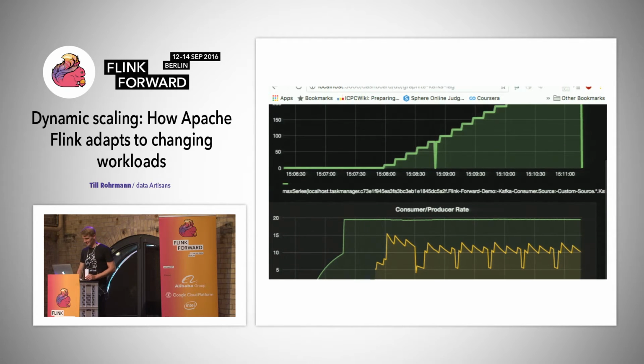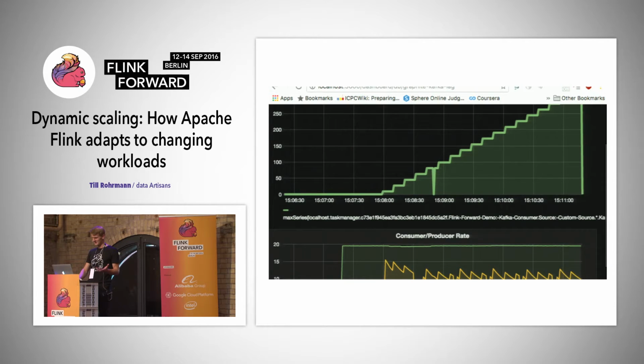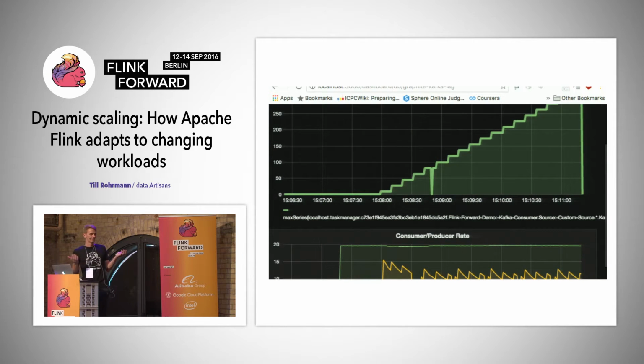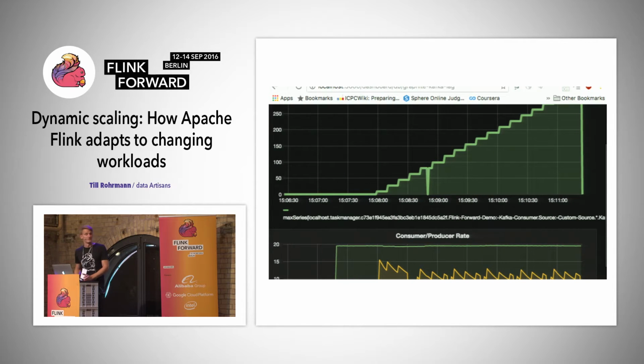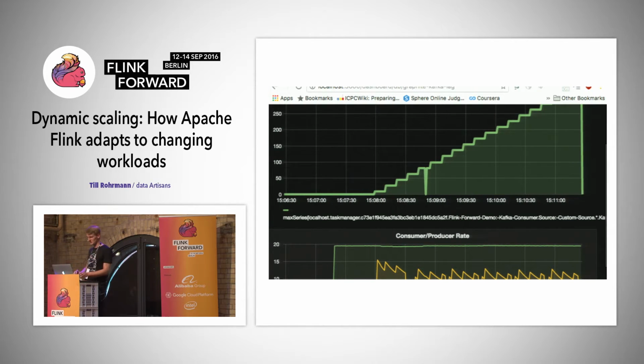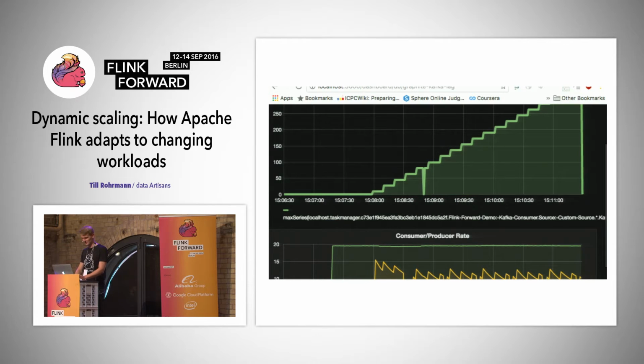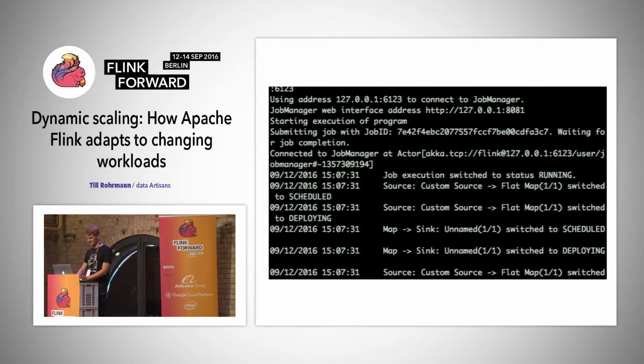Okay, so an increasing lag would be an indicator for under-provisioning of your job. So we should try to scale it up. Let's do that. Okay, for that,